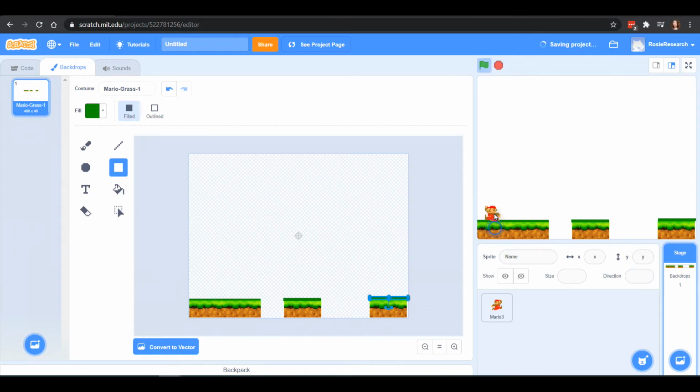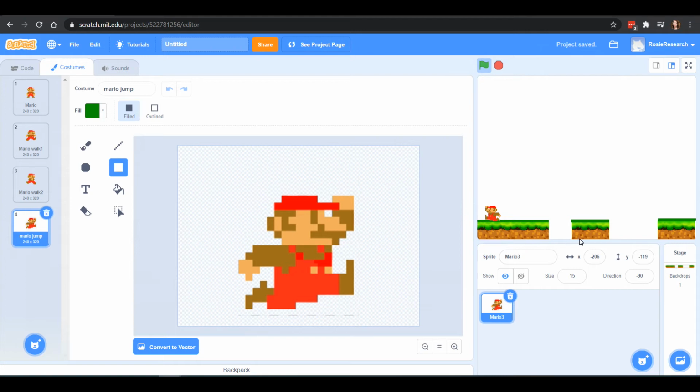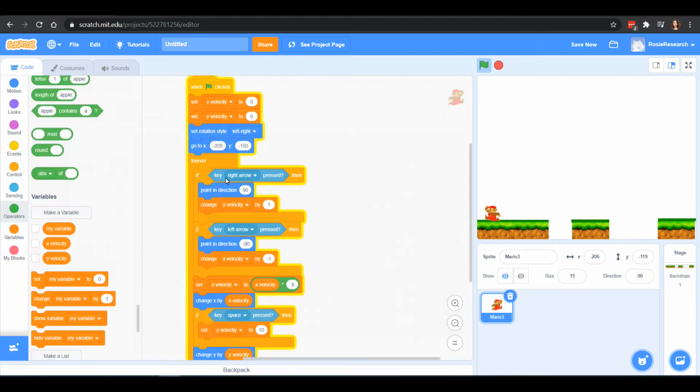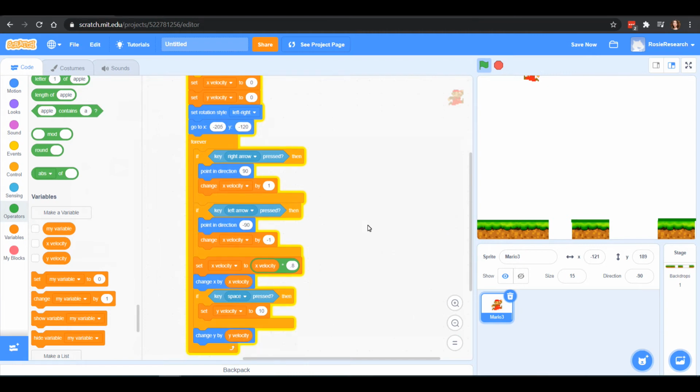So if I start, I actually want to start my Mario right here. So we're going to change that in Mario's code. And that was here, go to X and Y. My Y I want it to be minus 119. Or maybe a minus 120 might work. Let's see what that looks like. There we go. And that way my Mario now looks like he's walking on some land. And of course, if there's no land, I want Mario to fall, or if I jump, I want my Mario not only to not jump forever, I also want Mario to come back to Earth. So let's work on that part.